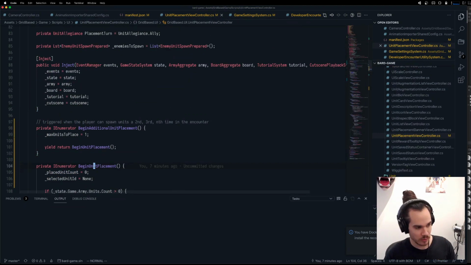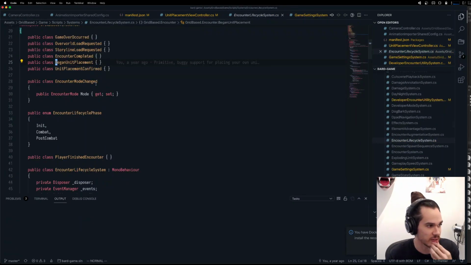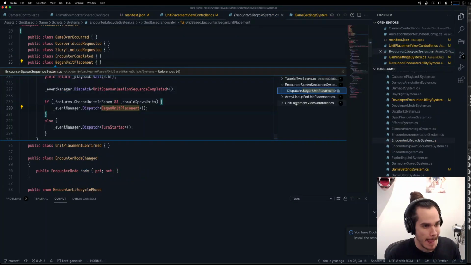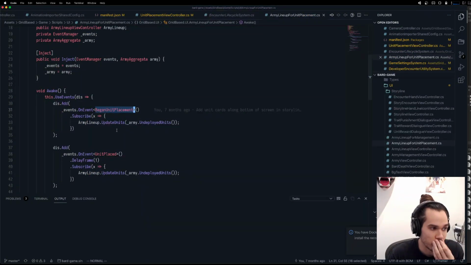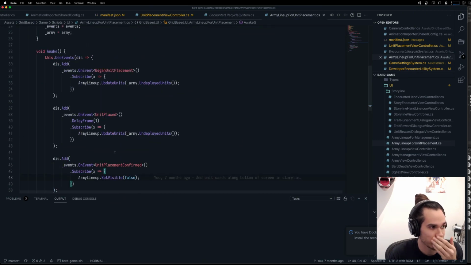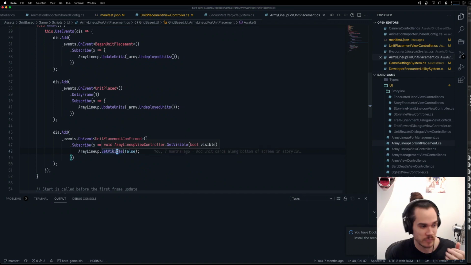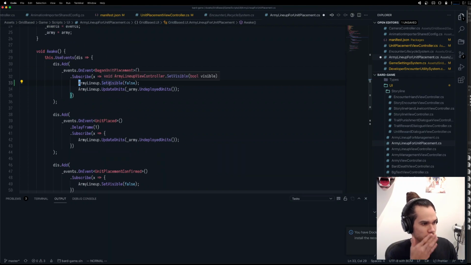why does that happen? When this gets called, it's in response to this event. When does this event get dispatched? So you dispatch it, and then you listen to this to show... Oh, you just update it. Unit placement confirms that visible false. And then you never set it back? I would assume you do that. And